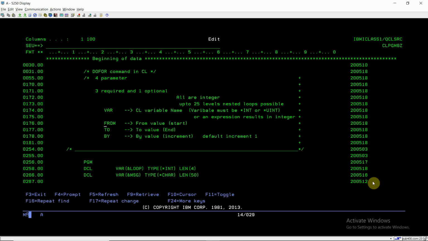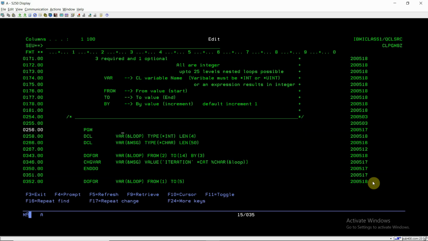So suppose I have given the FROM value as 1 and the TO value as 3, and I didn't specify the BY parameter, so the increment will be by 1. So 1, 2, 3, it will execute 3 times.